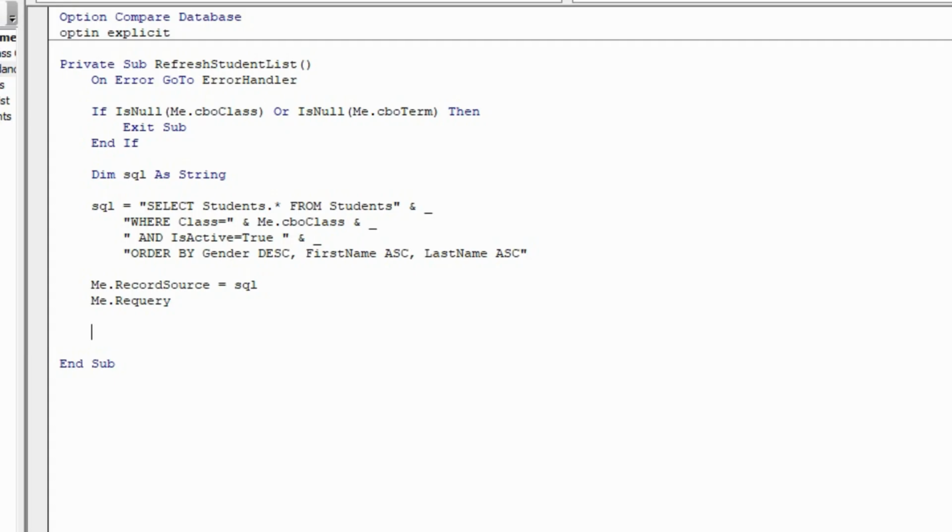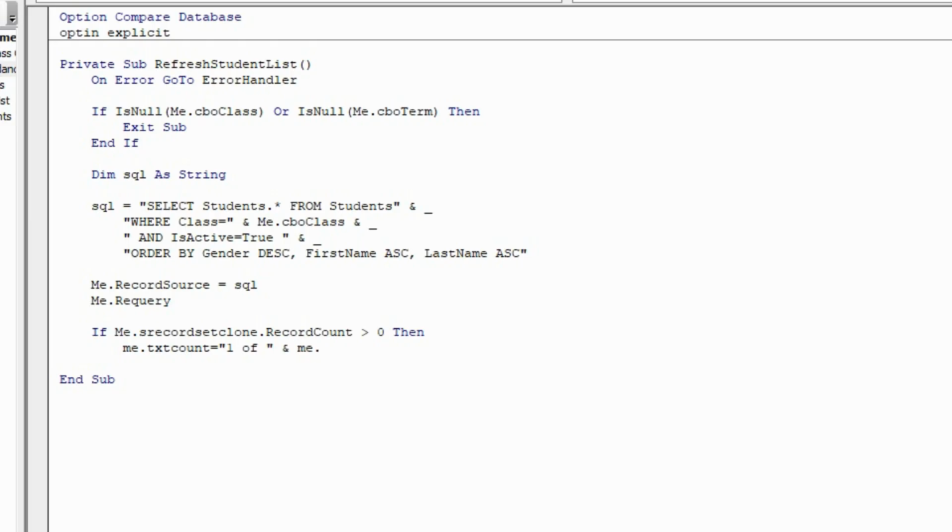And that's what we say: if Me.Recordset.Clone.RecordCount greater than 0, then Me.txtCount is equal to